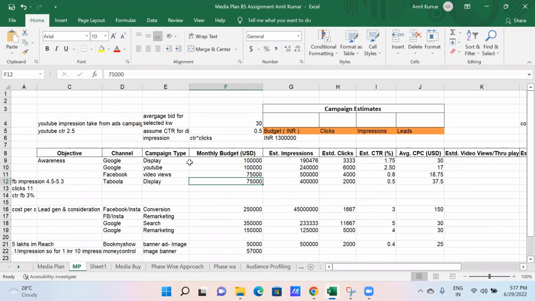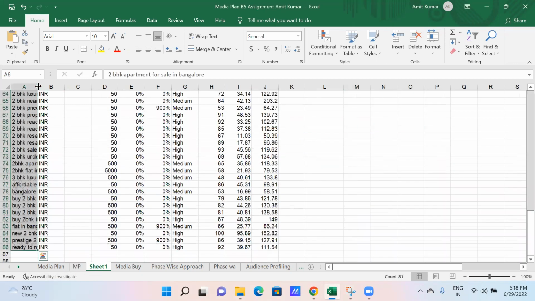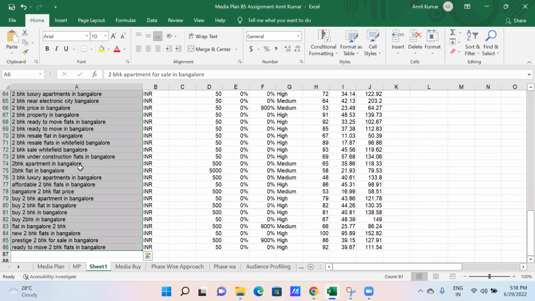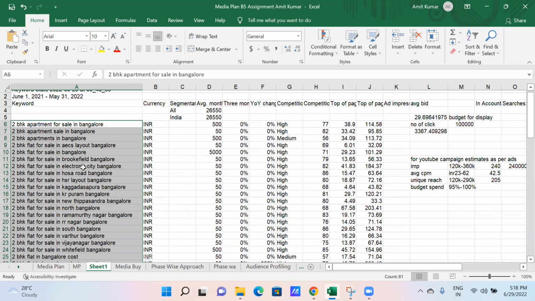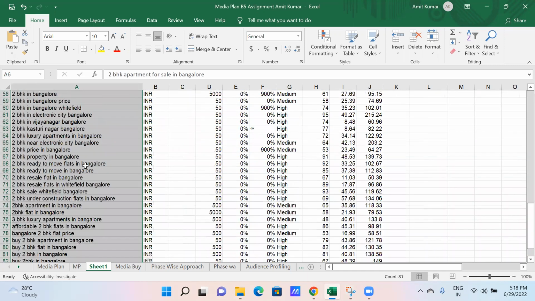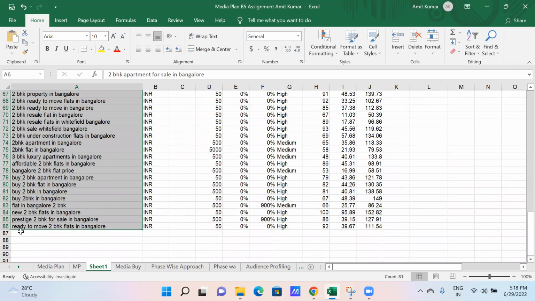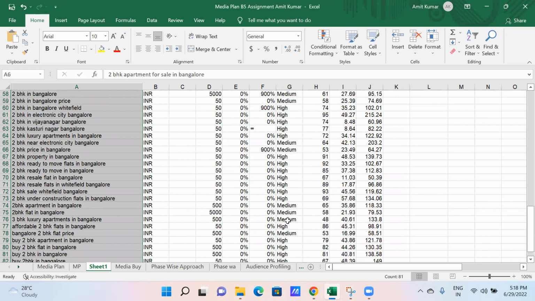Now, before going ahead, for the calculation I have considered the list of the keywords. Those keywords I can show you here. These are the keywords which I have filtered through Keyword Planner. Out of 300 plus keywords, I have shortlisted these 86